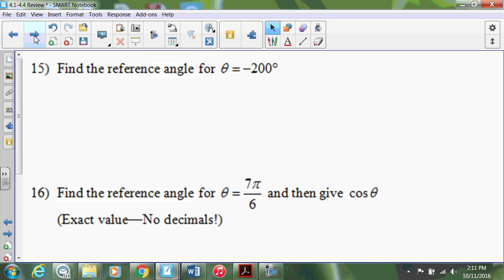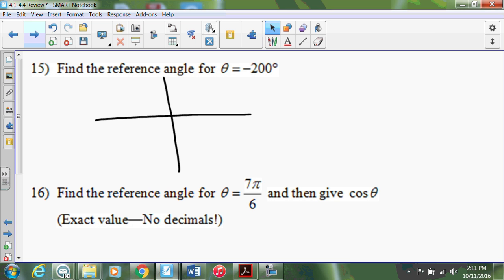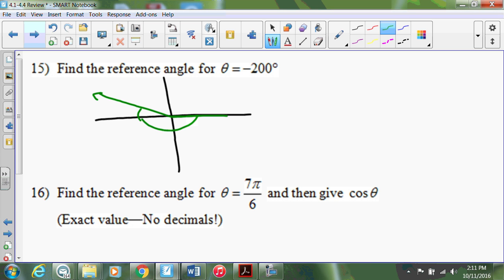Okay, find the reference angle for theta equals negative 200. So first we have to remember that negative angles, we find them by going clockwise. So what this means is this. If I start at the initial side, which is always here of an angle, and I start going clockwise, so in a negative direction, and if I stop here, I know that I've gone 180 degrees in a negative direction. So I just need to go, what, 20 more. So there's my approximate negative 200